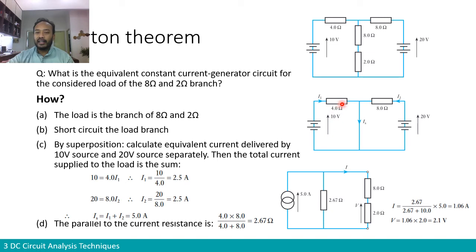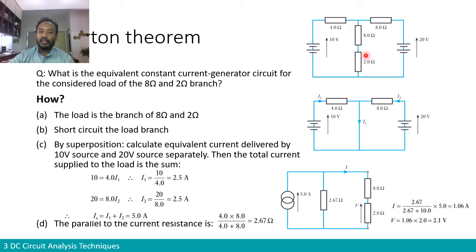So you have here one circuit, one loop, and here another loop, and they are connected to each other through these two terminals over here, so they are in parallel. So the equivalent internal resistance is basically the parallel of 4 and 8 ohm that gives us 2.67 ohm. So the equivalent network, the network over here, when we are considering this branch 8 ohm and 2 ohm as